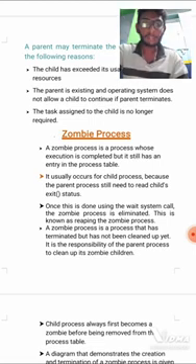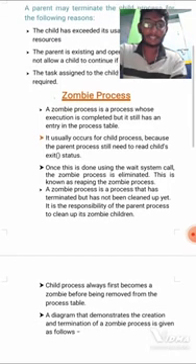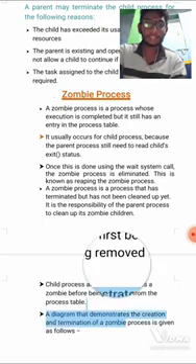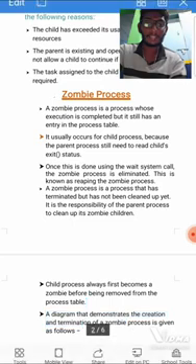Means the parent process still needs to read the exit status. Whether the child has exited or not, this information is needed by the parent process. Once this is done using the wait system call, the zombie process is eliminated. This is known as reaping the zombie process. Means once the wait system call is done, the zombie process is eliminated. When the zombie process is eliminated, this entire process is called reaping of the zombie process.